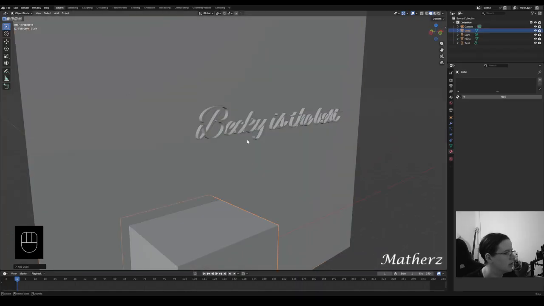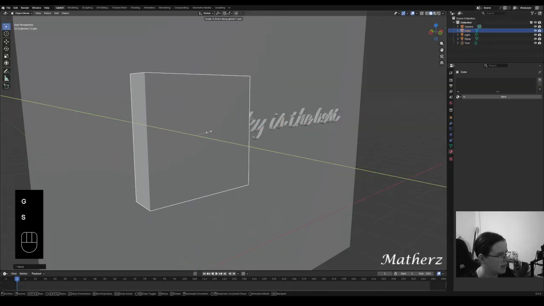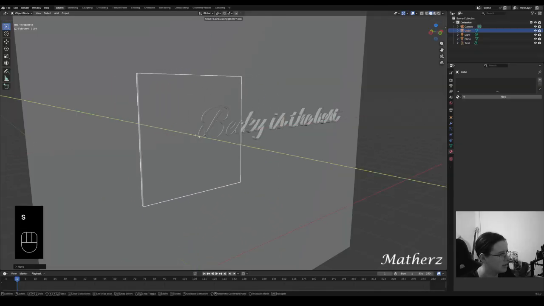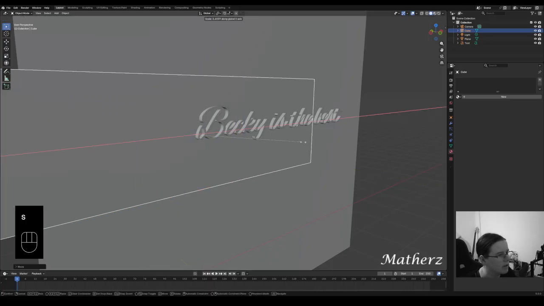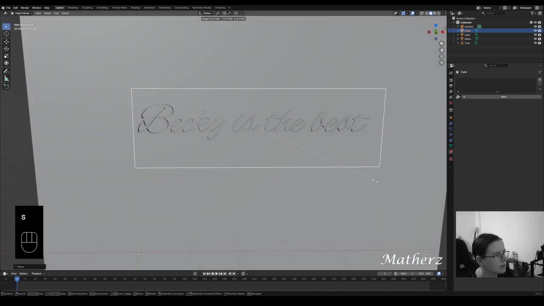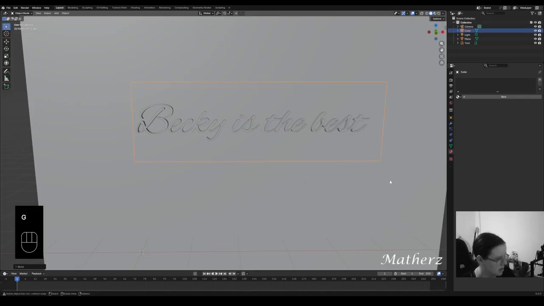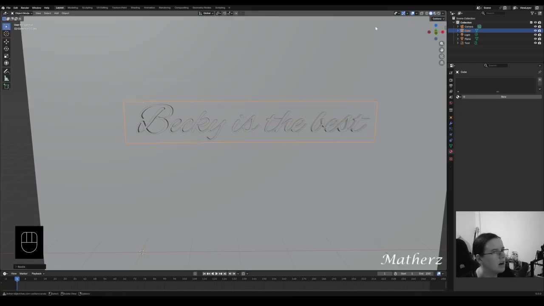So yeah, let's go add, let's go with cube. I'm going to go G, bring this up, and then I'm just going to go ahead, scale it down. G, bring it back, and then S to scale going across. And then just place it on the background just here. Maybe we can scale this down just a little bit. Let's press G. G to go across, and then S just to scale. Alright, so once we've got something like this,